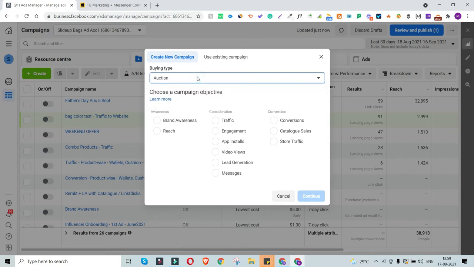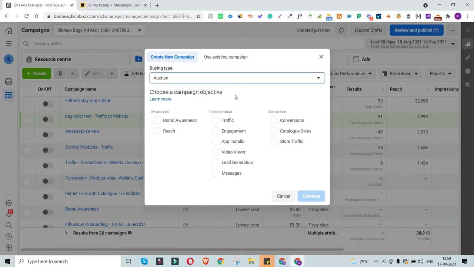So once the Facebook ad account has a significant amount of data about your audience, the ad account can take decisions on how to auction or how to bid for the right audience, or how to select and target the right audience at the right cost. In my case, it's already a running account. It's been there for the last 6 months. We have an ample amount of data on our audience, so I'll go for auction as a business type, as a buying type. That is how you're going to spend your money on your ads.